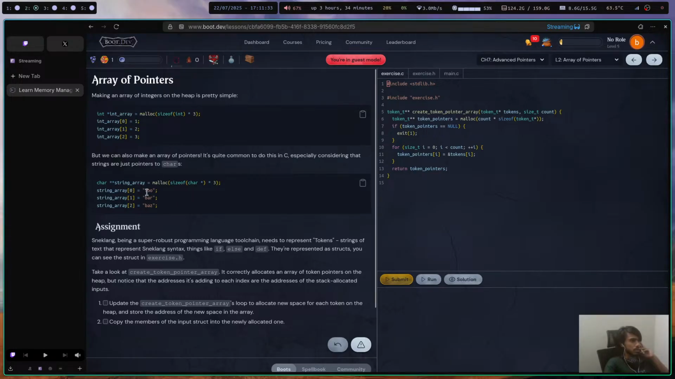Okay, it's going to be a double pointer which is going to be pointing to